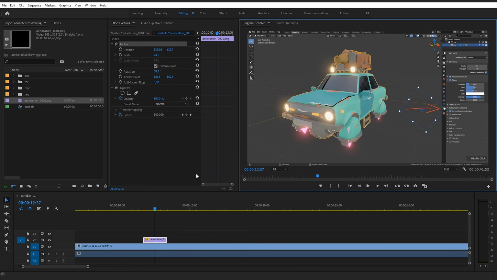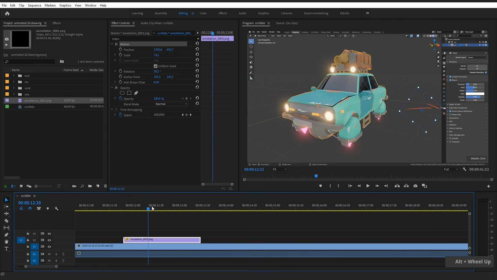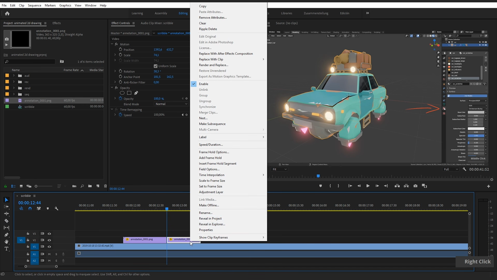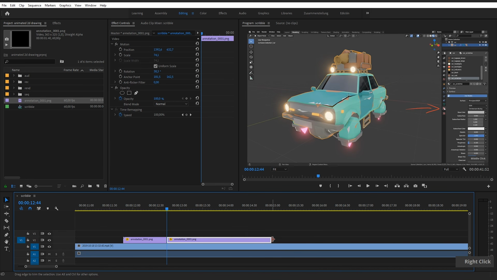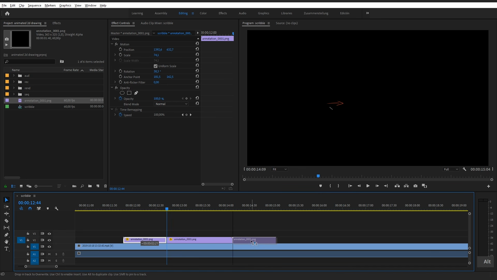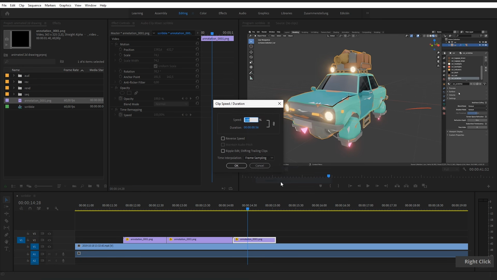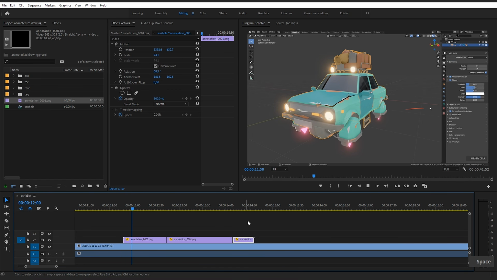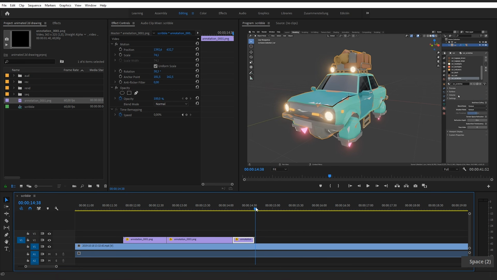And here a small trick to make this look even cooler. Add a still frame after the drawing is done, so you can make this annotation as short or as long as you like. Then duplicate the drawing part to the end of this clip. Then reverse the speed of this clip, speed this up a bit. And now you can see that this drawing appears. It will stand still for a few seconds and then this will disappear again.